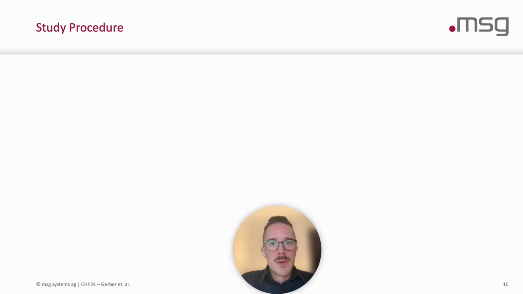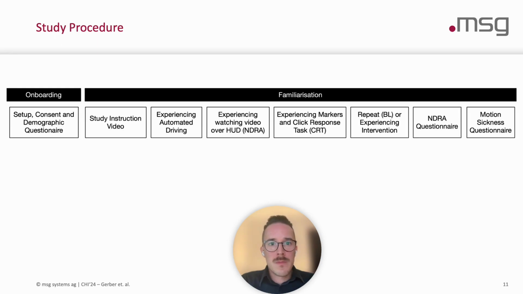In this work, we are focusing primarily on the eye-tracking data of the entire drive, but will mention all measures that were taken to provide details about the participant context. The visit of a participant started with an onboarding phase, including the setup of the biometric sensors. We then seated the participants in the driving simulator where they experienced an extensive familiarization process, including a safety